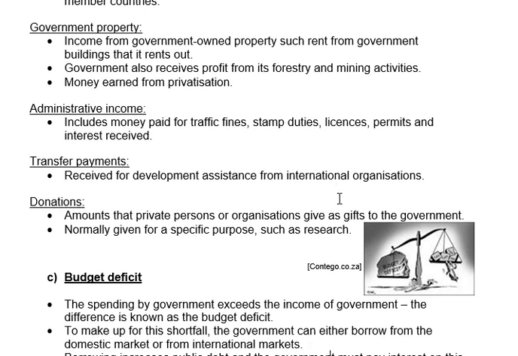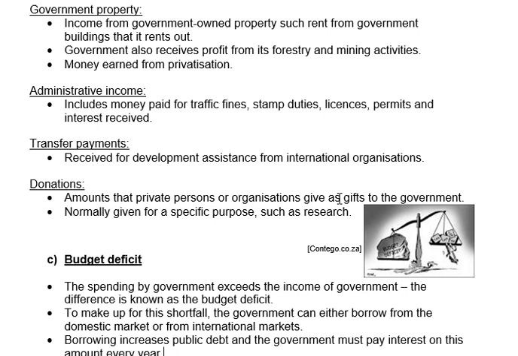Right. A small source of government revenue also is administrative income. Remember we spoke yesterday that municipalities and provinces can also create their own income. Most of that income would be administrative income. The money that we pay for traffic fines, if you are caught speeding and you have to pay a traffic fine, that is administrative income. Licenses, your driver's license that you pay for every 5 years, that is administrative income to the government. If you lose your ID and you have to apply for a new ID, you pay for that. That is administrative income. The car license, administrative income.